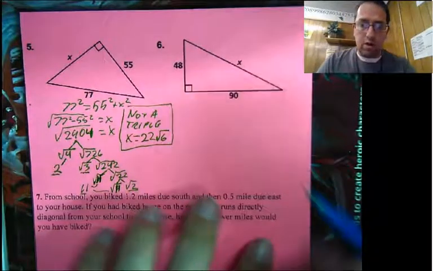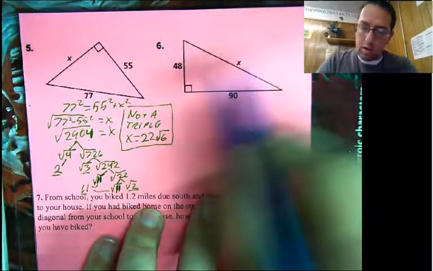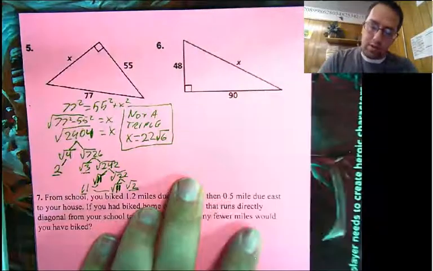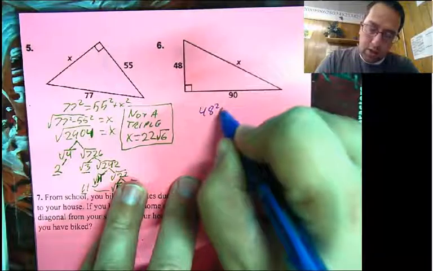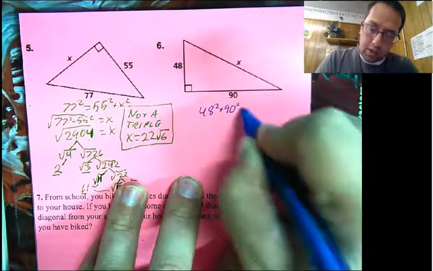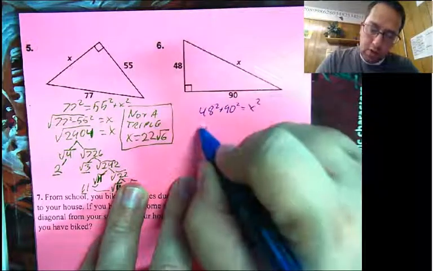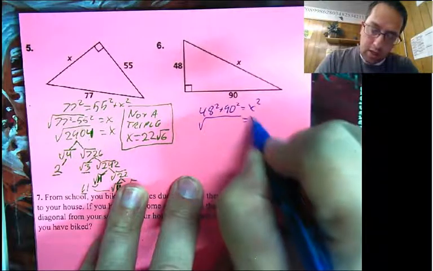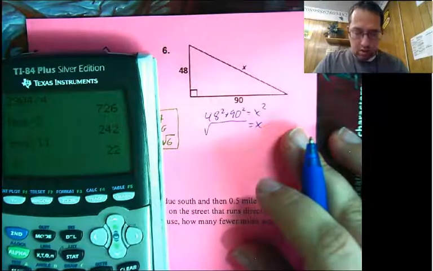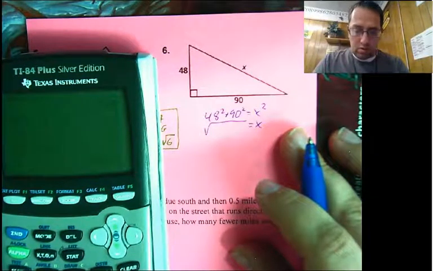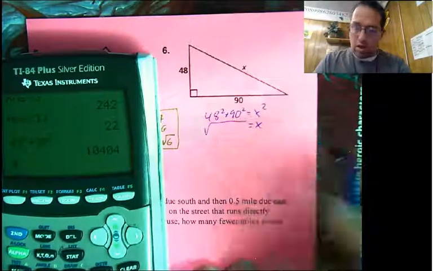Okay, let's try number 6. Hopefully you got this one right as well. So x we see is the hypotenuse. So this is in the C position, which makes it nice. So we have 48 squared plus 90 squared equals x squared. So we're going to end up with x equals the square root of 48 squared plus 90 squared equals about